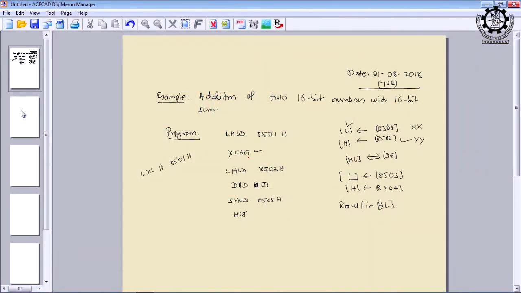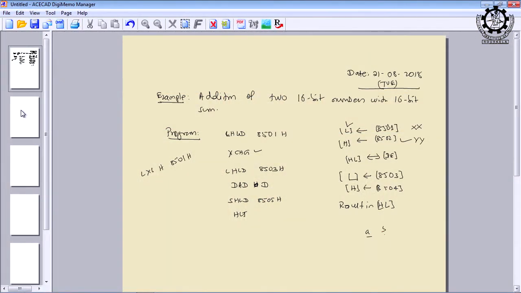Though it is 1 byte, it will take more clock cycles to execute, because the swapping operation is not that easy. If I tell you to swap two variables A and B, what do you have to do? You cannot directly write A equal to B and B equal to A, the result will be wrong. Therefore, you have to take the help of another variable.